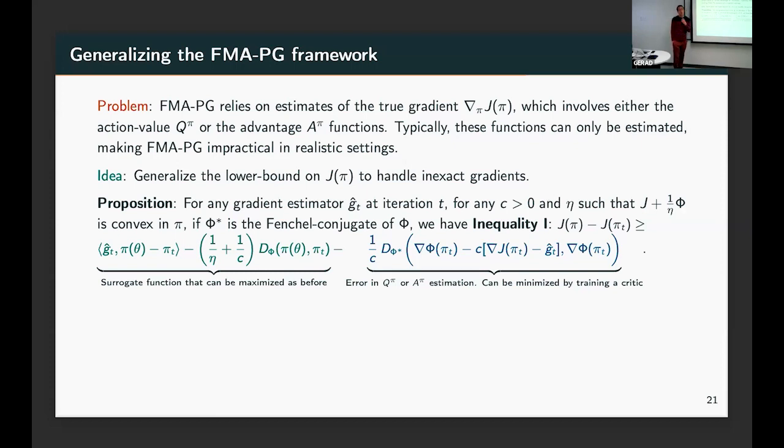And the question is, how many guarantees do you lose when you replace the true gradient with an approximate gradient, as everyone uses in practice? And so this is your linear term. This is your standard divergence term. And the price you pay for using G hat instead of the true gradient is this additional term. And you see in the middle of that additional term, you have the difference between the true gradient of J with respect to pi and G hat.